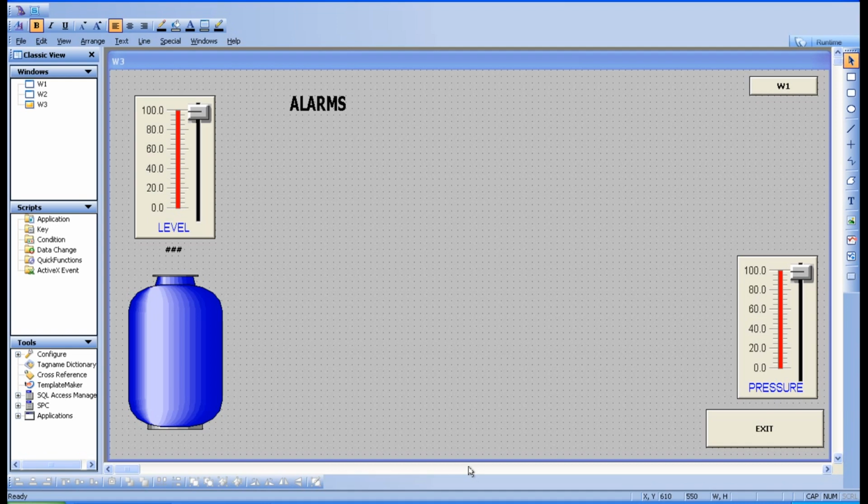So we have seen the trend. Now this is the alarm. So generally, what is an alarm? It may be an indication or notification, right? It will give the status of the process, whether it is normal or abnormal, whether it is a warning or an error, whatever it may be. It is giving some notification or indication. So an alarm is not only for some abnormal condition, you can give it for some normal conditions also, right?